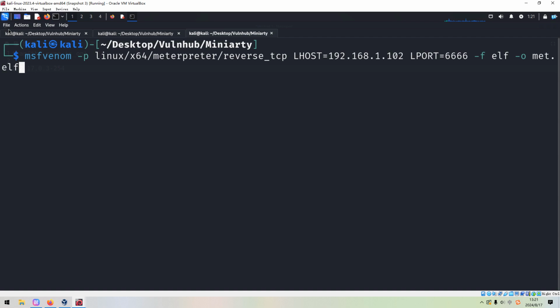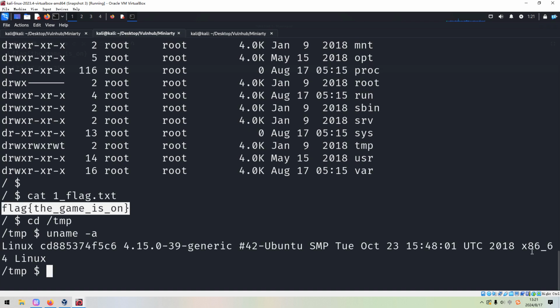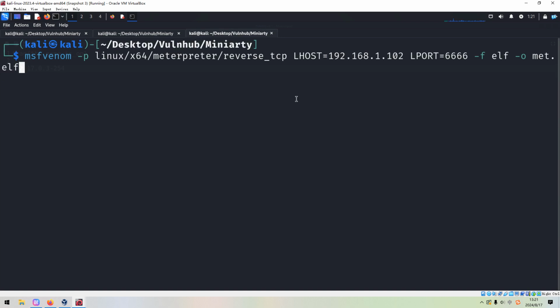I'd like to auto-complete the command. Of course, you need to check out the kernel and also the architecture. Architecture is 64, so this is the reason why I'm using the payload which is suitable for 64-bit.